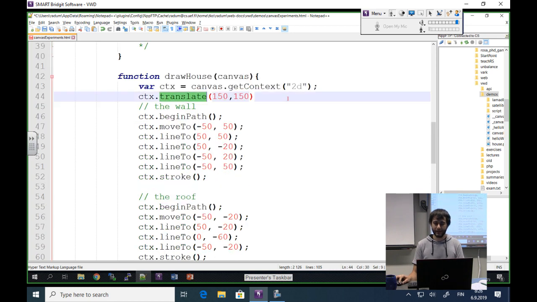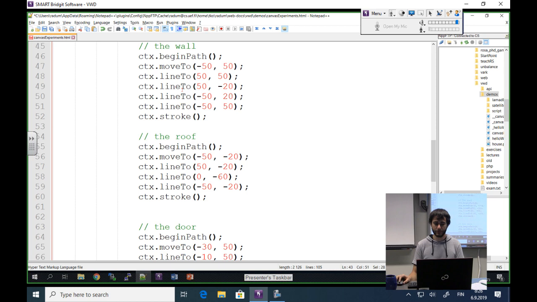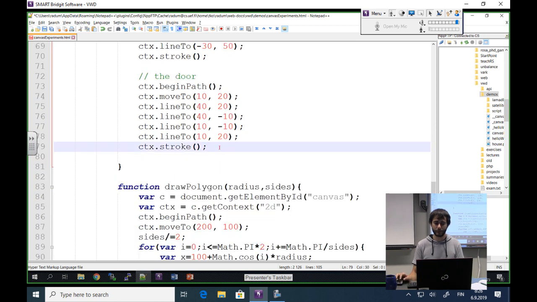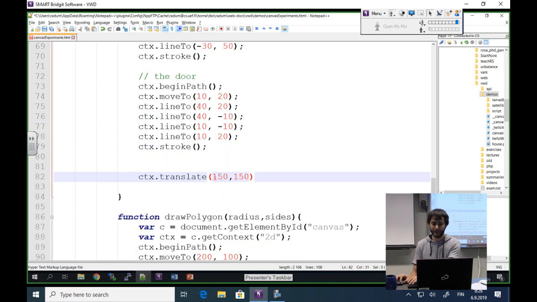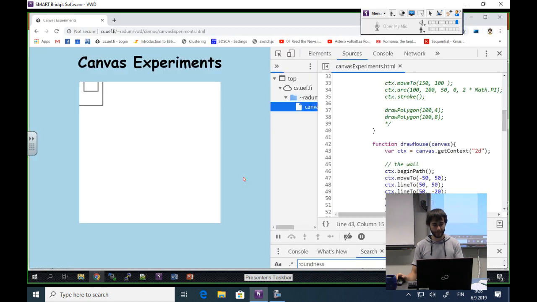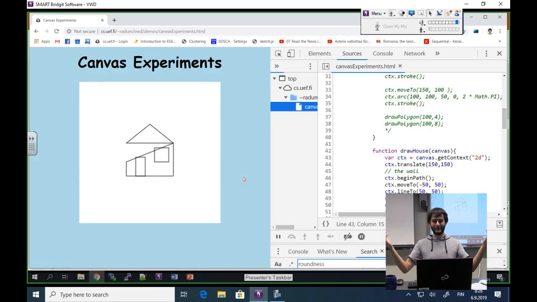So translate there first, do the drawing, and then it's a good idea to translate back, because otherwise your coordinate system is going to be shifted throughout the rest of your drawings, which may or may not appear. So I'm going to save this file, go back here, and this is our house,